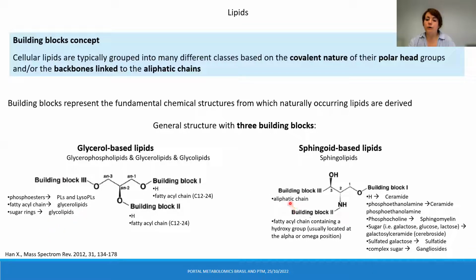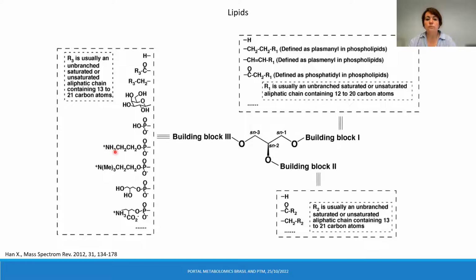So following this idea, we can classify the lipids, and later we can quite easily predict their fragmentation and, let's say, analytical behavior. Those building blocks are very precisely described in the literature, and you can find many different publications related to this